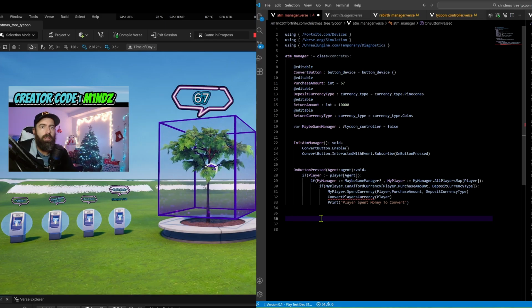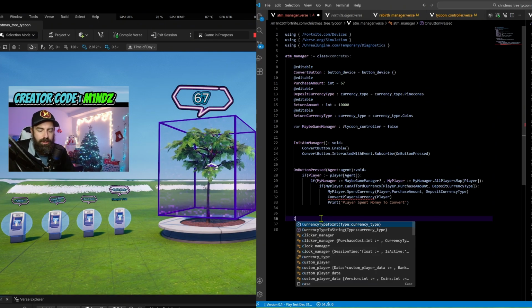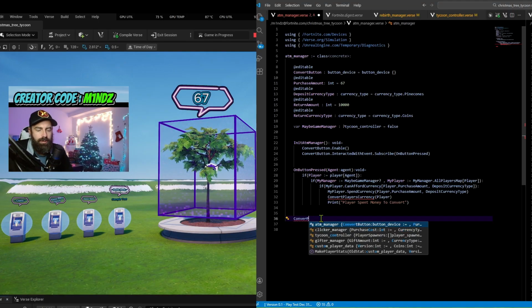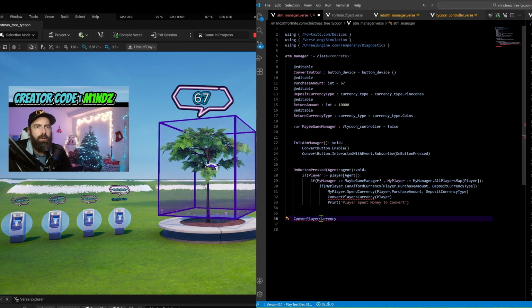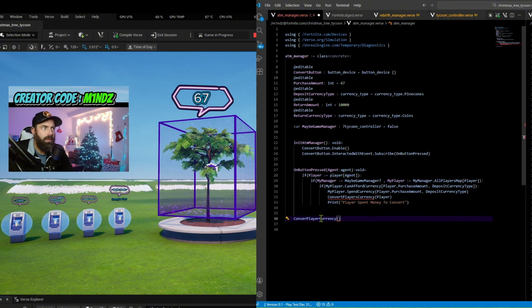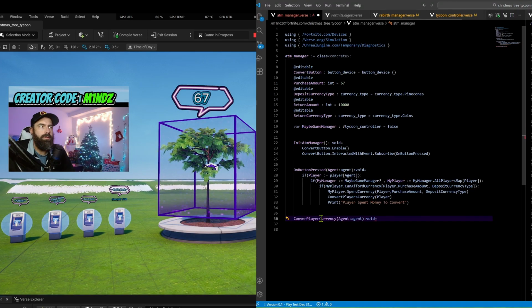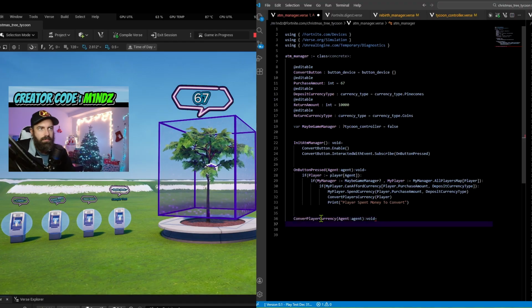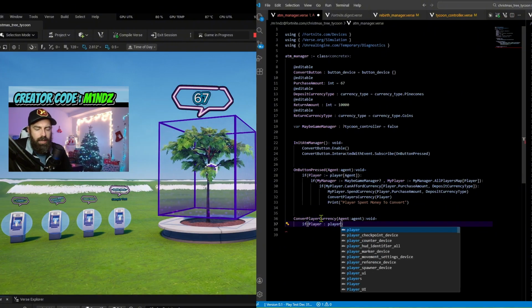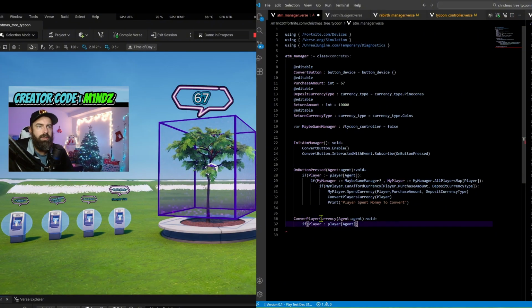Okay, so now we're going to convert that player's currency. So convert player currency. That's what we called earlier. And this will take agent type agent colon equals, if player is that player agent. If the player is the player agent,